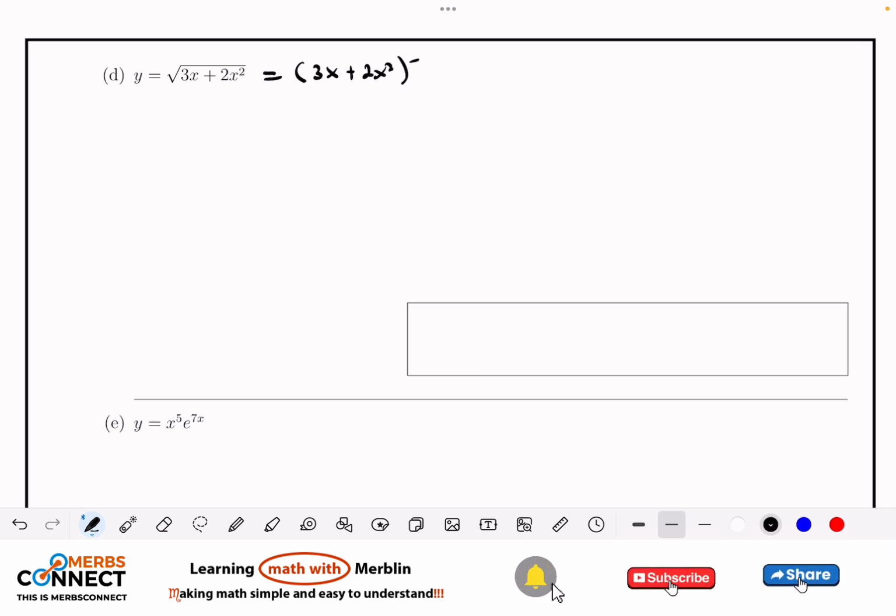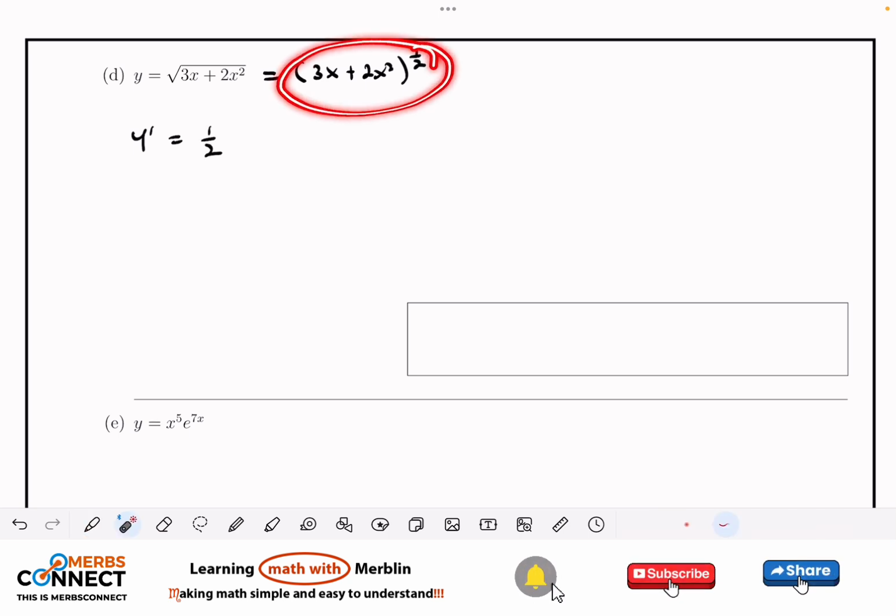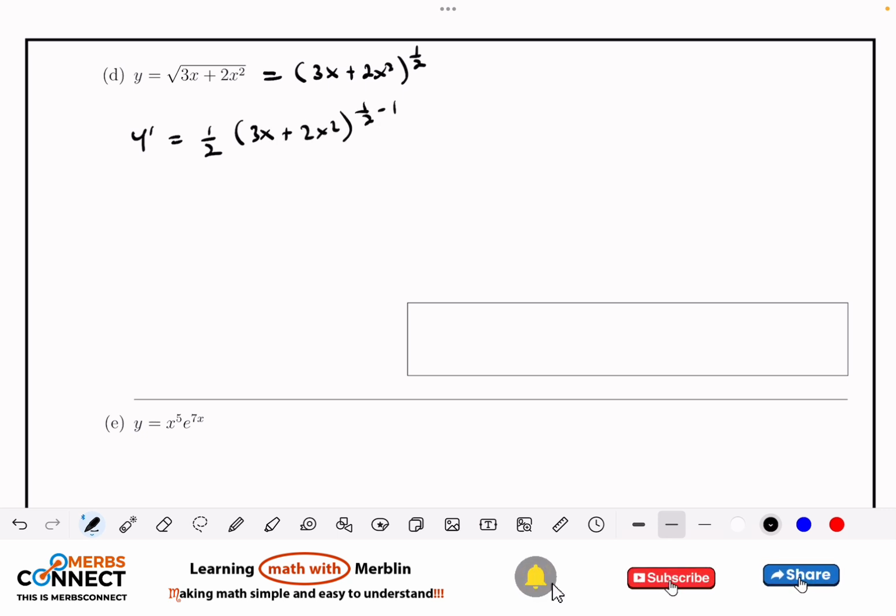Good. So now I was able to change it to this form. Then now I can find y prime. So using the chain rule, 1 over 2 drops down. I maintain the whole function, which is 3x plus 2x squared to the power 1 over 2. But I'm going to subtract 1 because we are applying the power rule there. Then now I will multiply this by the derivative of what is inside the parenthesis, which is 3x plus